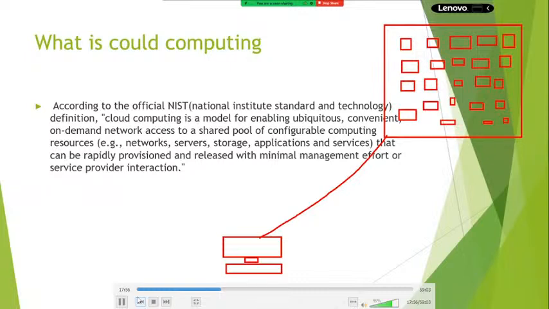Remote services means whatever things are there in your organization and environment, they have placed in the cloud. For example, if you need artificial intelligence, yes, you can access it. If I need to create one server, access it. Yes, do it.